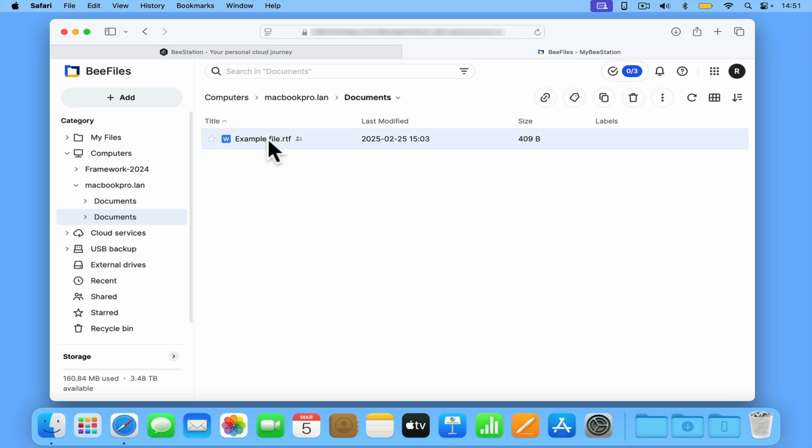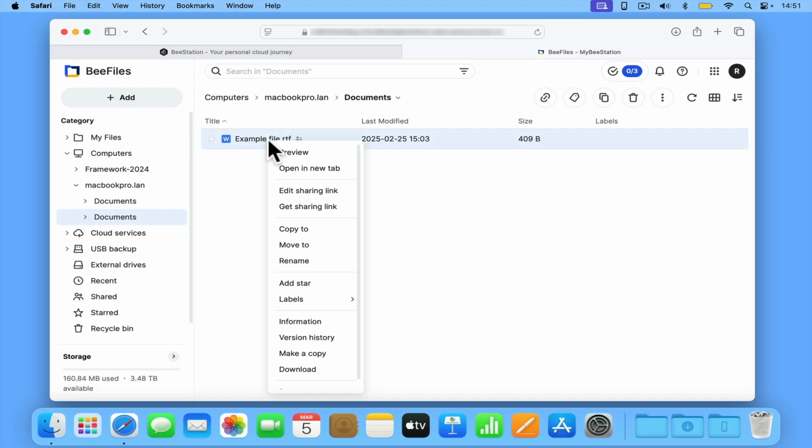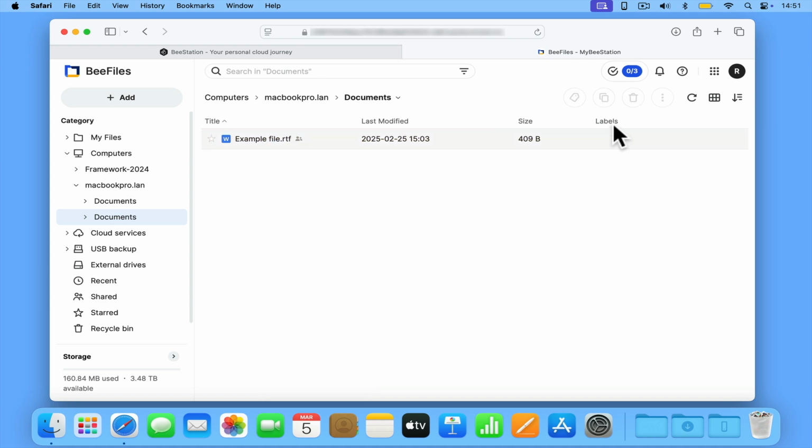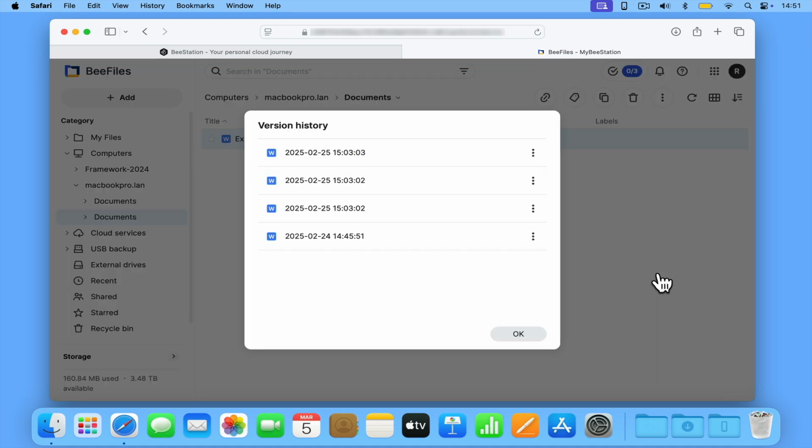Now if we highlight this file and display a quick menu by holding down the Control key on our keyboard, and then pressing the mouse button, we are presented with a number of options that includes version history. Alternatively, we can access the same option if we select the More icon, and then from the menu that appears, choose Version History. Whichever method you select, a version history panel will appear displaying a list of the save points